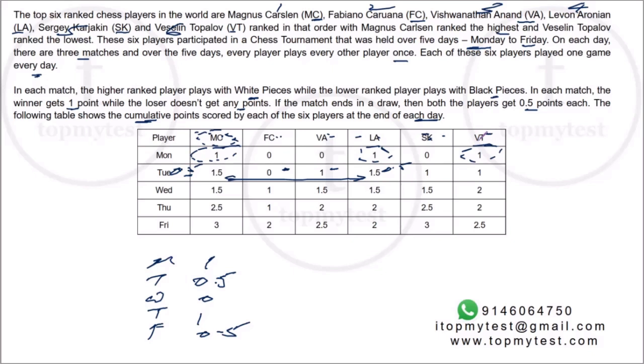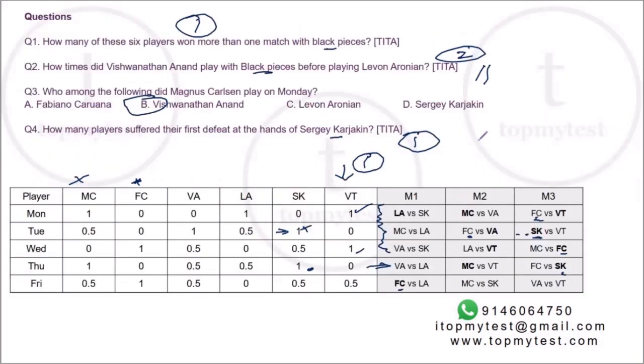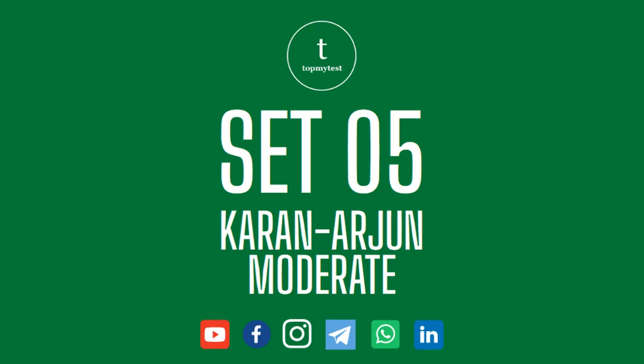You don't need any special formulas of games and tournaments to be able to solve this particular set. It requires a little bit of patience to work out this table. Once you work out this table, the questions can be solved reasonably. In an exam situation, in up to 12 to 13 minutes, it's a moderate to slightly difficult set.